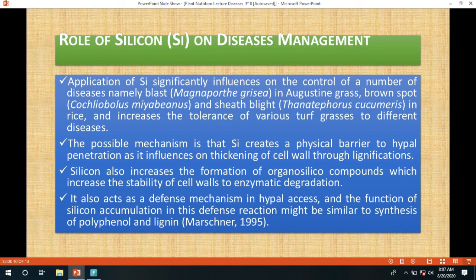increase the stability of cell wall to enzymatic degradation. It also acts as a defense mechanism in hyphal access and the function of silicon accumulation in this defense reaction might be similar to synthesis of polyphenol and lignin. এটা lignin synthesis এর মতোই অনেকটা ডিফেন্স মেকানিজম বা লিগনিন সিনথেসিস ইন্ডিউস করে, ফলে সেল ওয়াল ঠিক হয় এবং সেখানে ফাঙ্গাল হাইফিগুলো ভিতরে ঢুকতে পারে না।